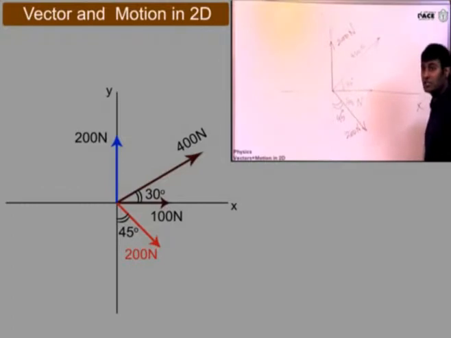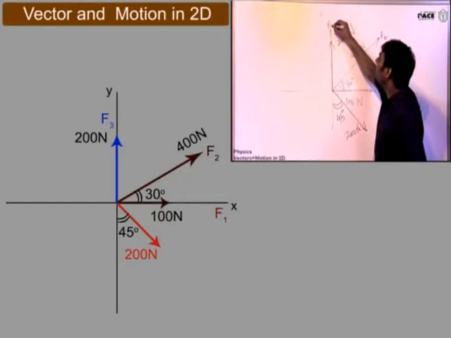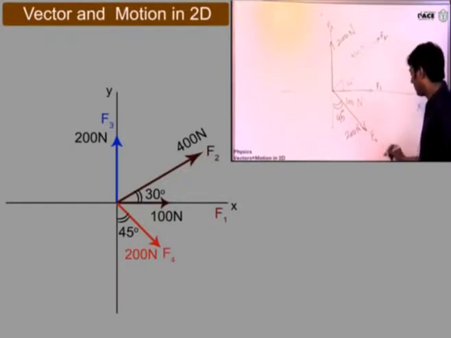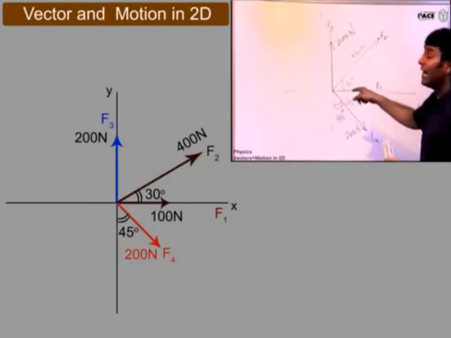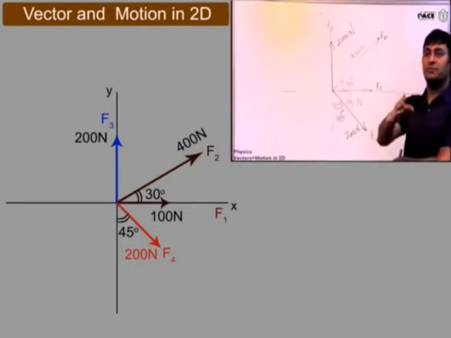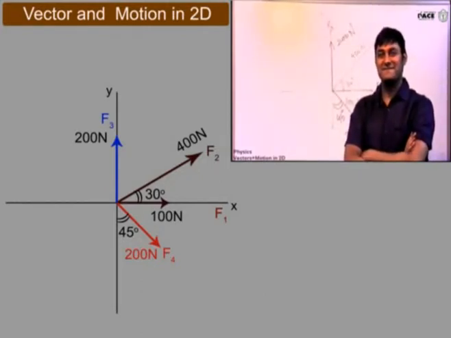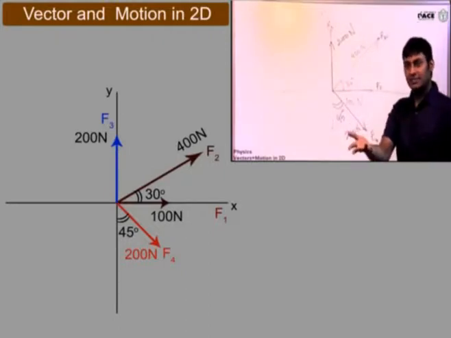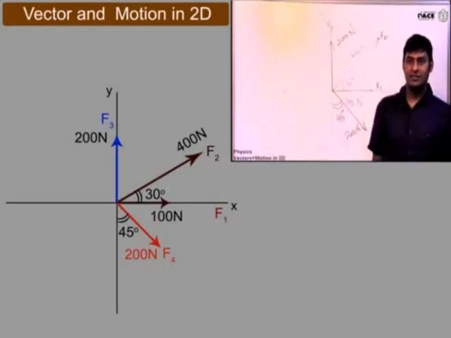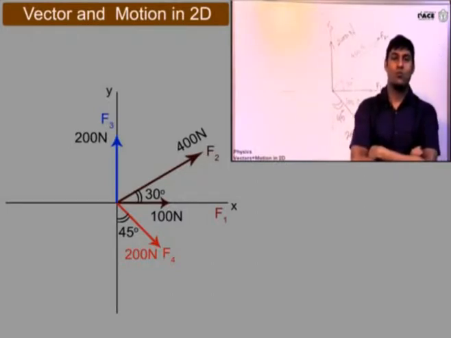So there are four vectors, F1, F2, F3 and F4. And I want to add these four vectors. Please tell me, how do I go about adding all these four vectors? Yes, PCC. Sir, you take out the component on the x-axis for the three forces. Yes. For F2 and F4. Then through triangle you can add F on the x-axis and the y-axis.